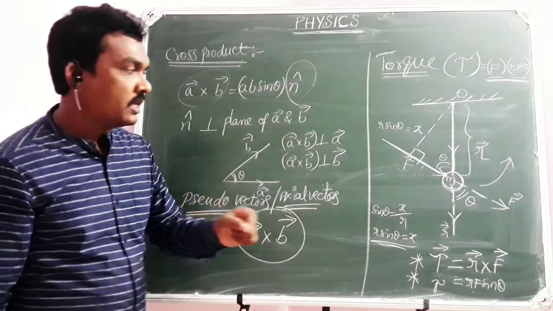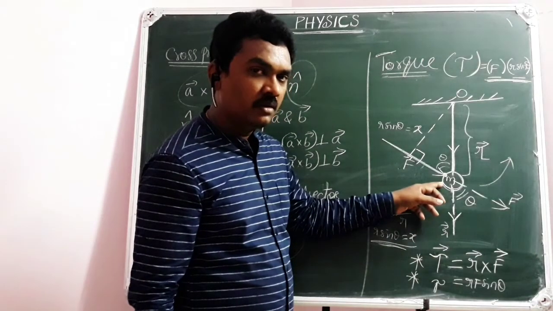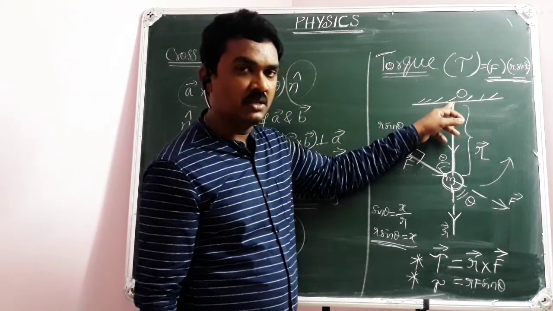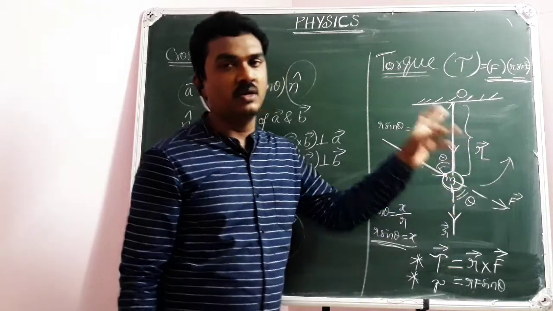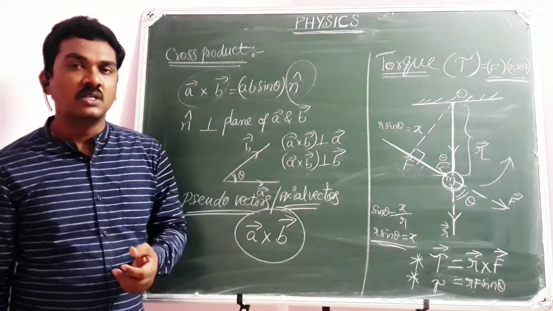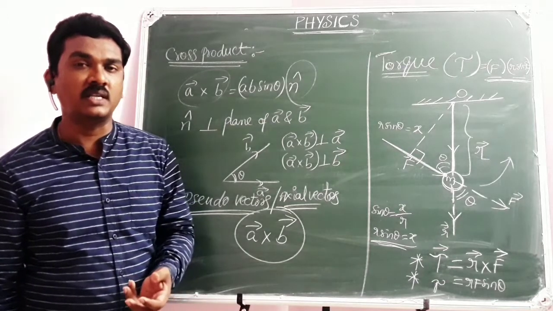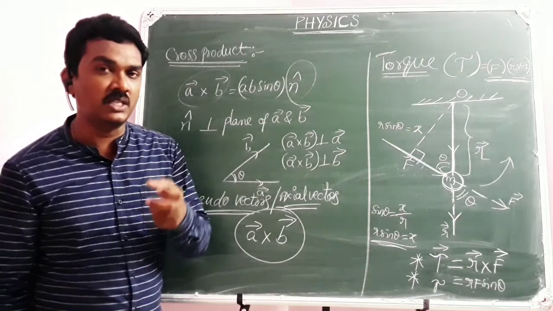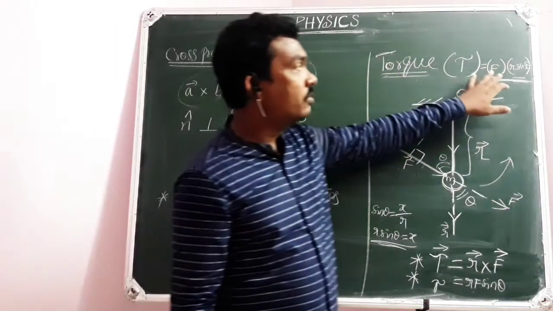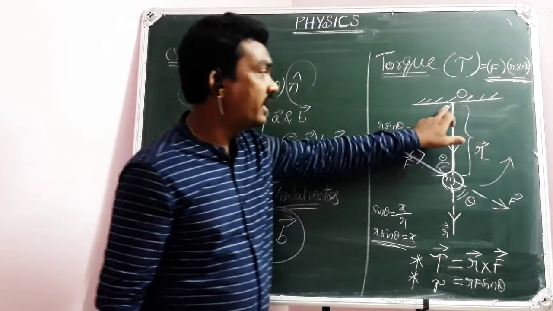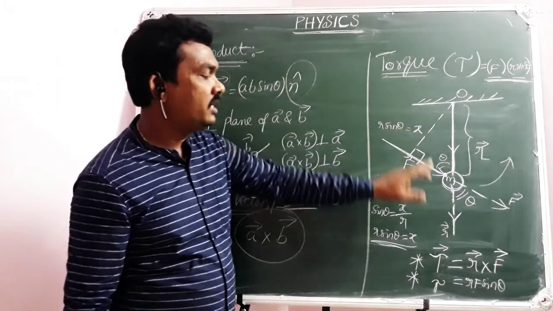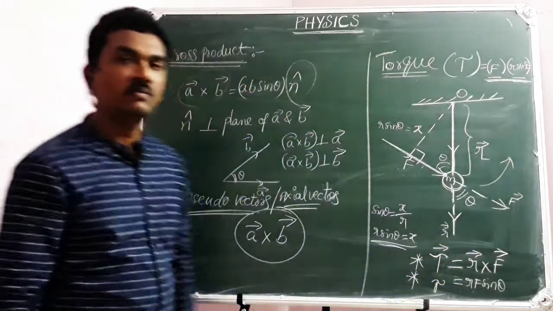Any force acting on a body which is fixed about a point, you can find the rotation in the body. The body moves along a curved track around a fixed point, rotatory motion. Such an effect is measured as torque. The rotational effect is measured as a torque. The torque is the product of the applied force and the perpendicular distance of the line of action from the fixed point. This is the common concept that we are writing in the form of a vector product.